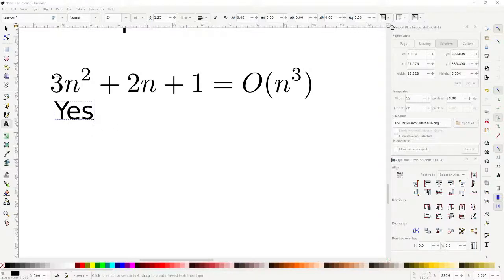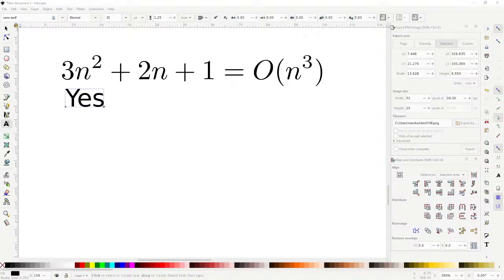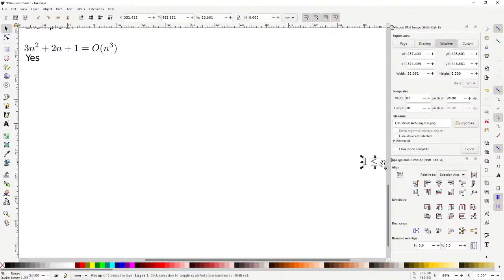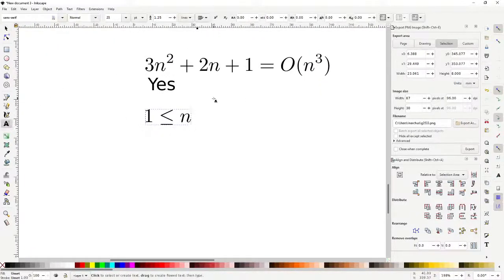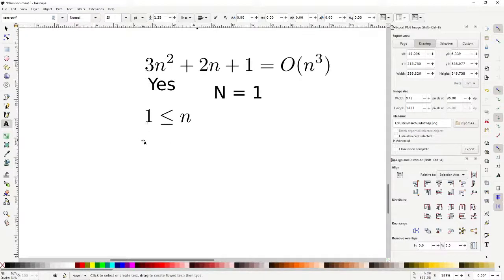right? Because in order to prove that, here's the argument. You don't actually have to provide this argument, but you would basically say that I know that 1 is less than or equal to n. I know this as a fact. At least as long as you pick your constant capital N equal to 1. So if you pick the constant there, then what you can do is multiply both sides of this inequality